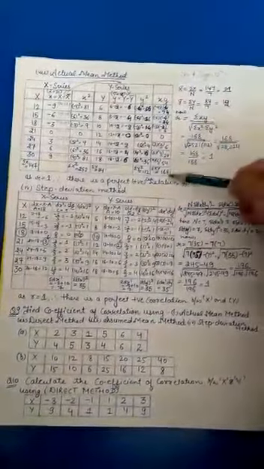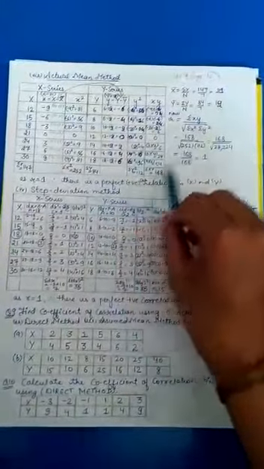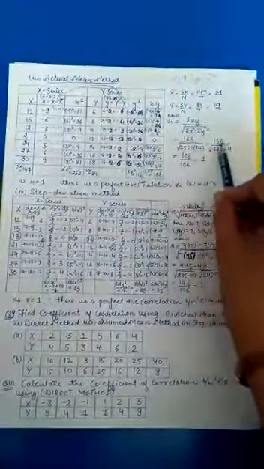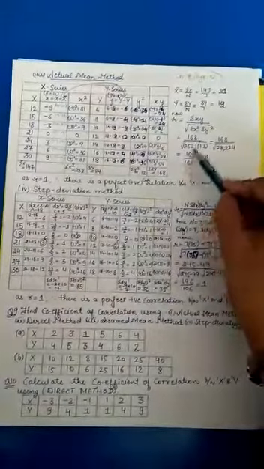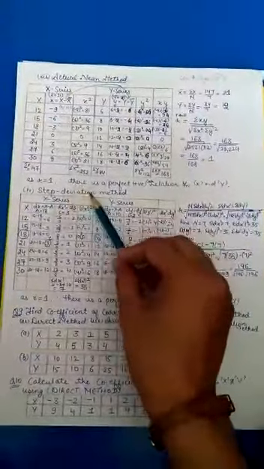When you come here you will put in the formula: sigma xy is 168 and under root of sigma x square is 252, sigma y square is 112. After putting here you will get these values, and when you find the under root of 28224 you will get 168. You will cut and you will get 1, that is your r is equal to 1 and there is perfect positive correlation between x and y.